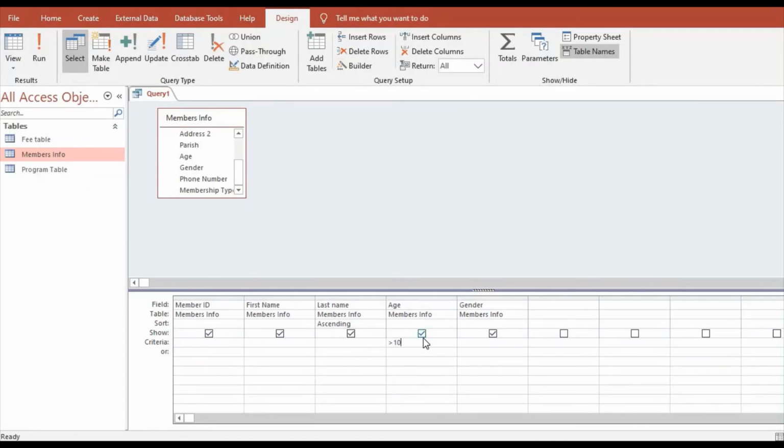Second criteria that I want to use is the gender field, and in this case I only want members who are females. Now within my table, the term that I use in gender was the full word female, so I will go ahead and type female in that section. Once that has been completed,